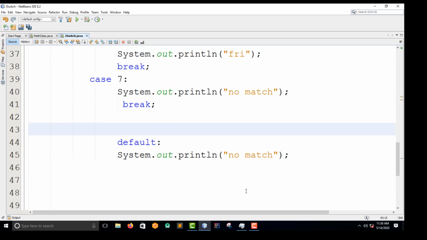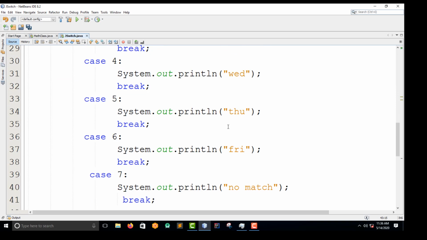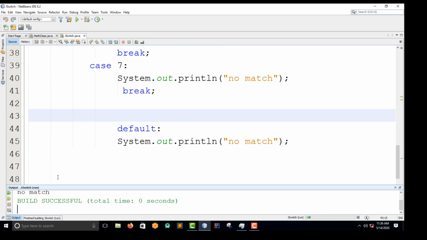That is it. So let's assume we have a user interface where maybe a person passes in the days. The person is not going to see the code, but on the UI there is definitely an input where he puts the number. So if we pass 9, and in our case there's no 9, let's see if we can print the default one. As you can see, no match. So it simply means that if you have the default keyword, then it's going to display the default one.